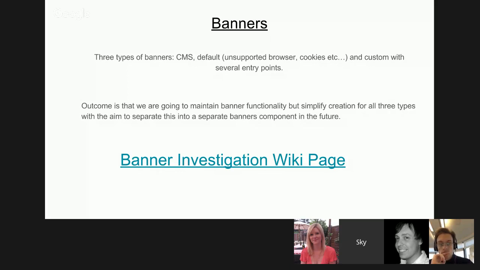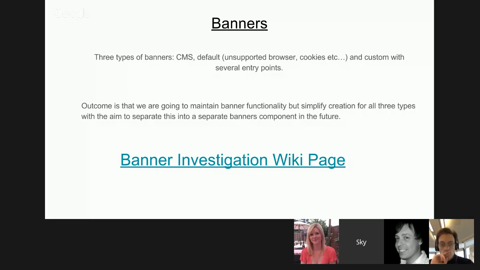There are CMS banners. A good example of this is services being out in a particular area. There's a manager running CMS who can, at a moment's notice, set a banner to appear on particular areas of the site. We need to retain parity for that for the time being, because there are no other notifications for MVP. And then there is custom,